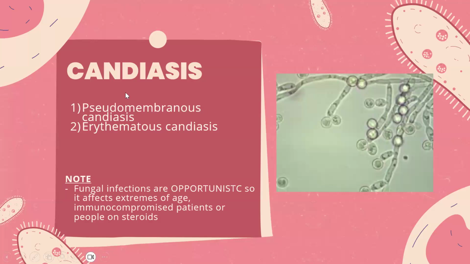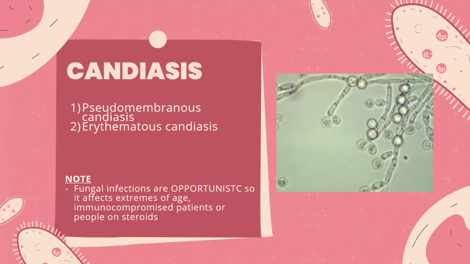Okay, now let's go to fungal, which is the candidiasis. We have only one species, which is Candida albicans. Alhamdulillah, we don't need to know the morphology or what is the yeast form, what is the pseudohypha form, or whatever. We only need to know what is pseudomembranous candidiasis and erythematous candidiasis. Okay, we already know that candidiasis, or like any fungal infection, is opportunistic, so it will affect the extremes of age, the immunocompromised, and